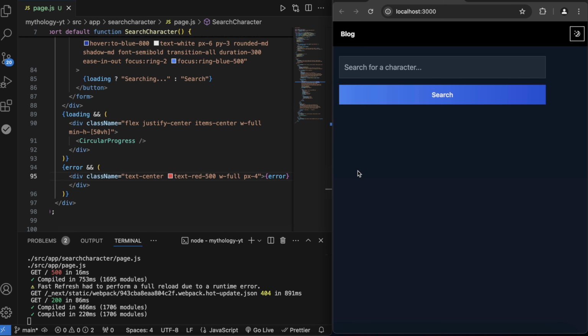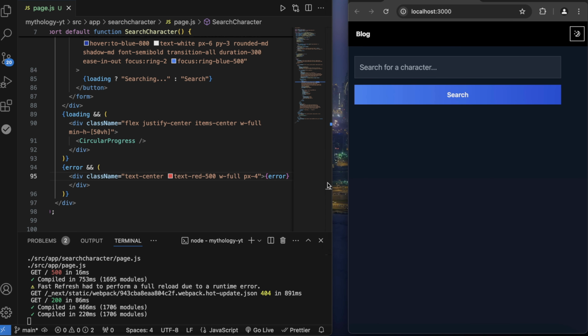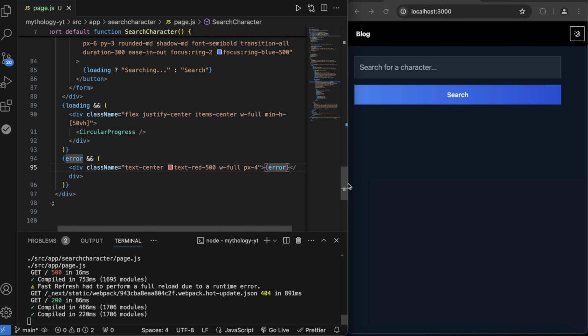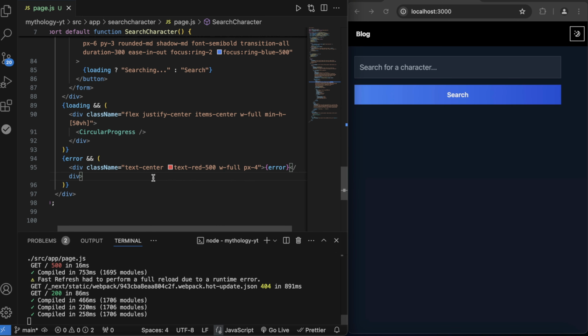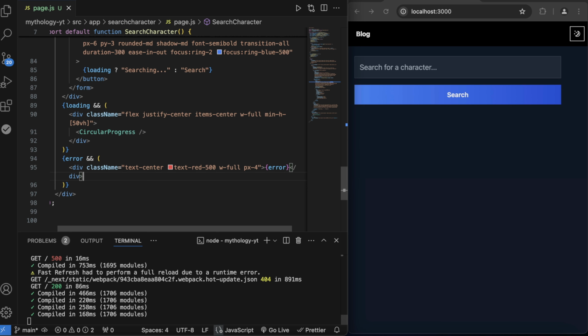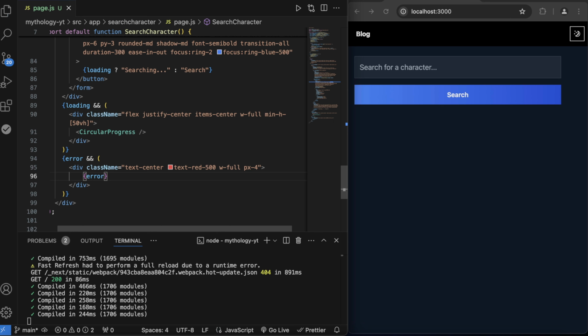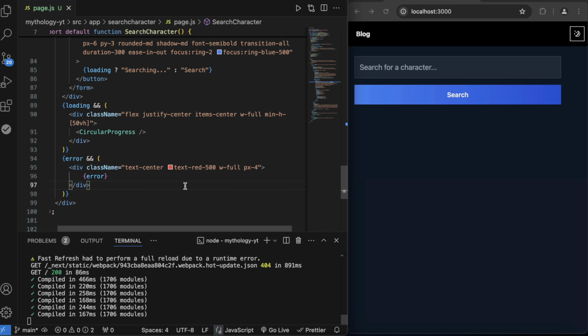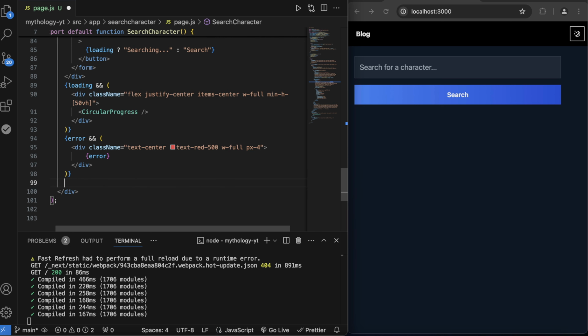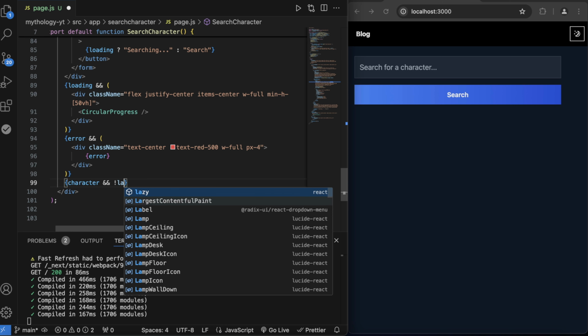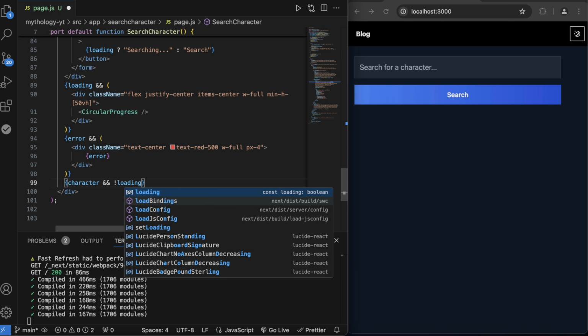So let's actually shorten this a bit and pull this out. There we go. Awesome. So now we have the error here. And then after error, we want to now show our character data. So our character data is going to be, if we have character and we don't have loading, so our loading has stopped, then